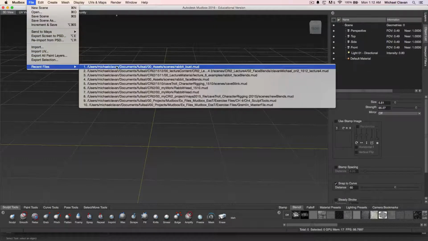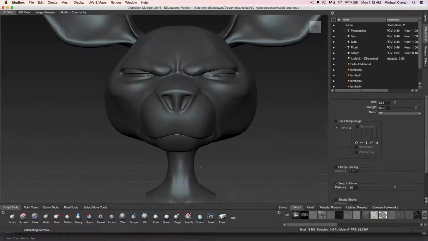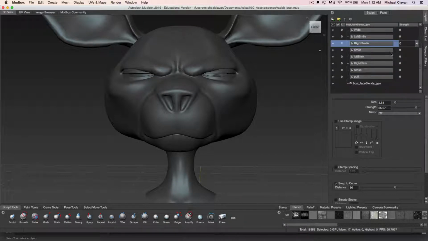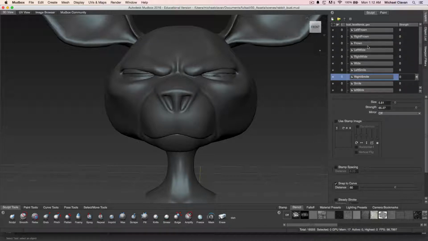Recent files, here's my rabbit bust. I saved it as a mud file, and you'll notice here I got the same layers. You gotta be careful, as you said, you notice it doesn't look like there's any sculpts there because I have to make sure it's selected. So if I just left click, there they all are. I did break it off into left and right side for the frown and all those ones. I go down to back to Maya,